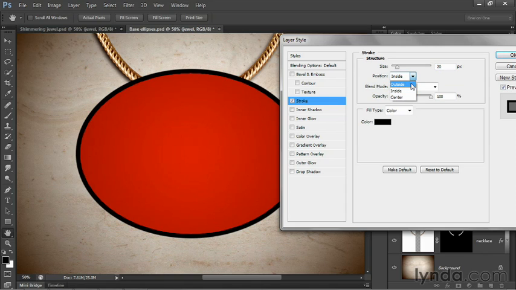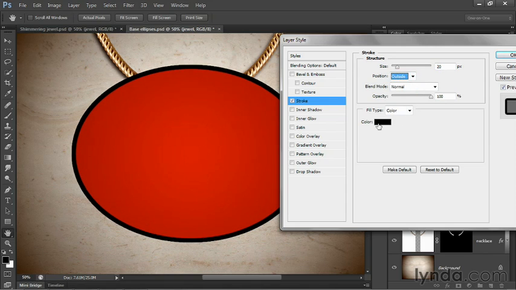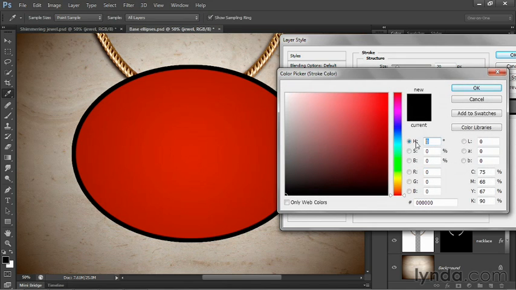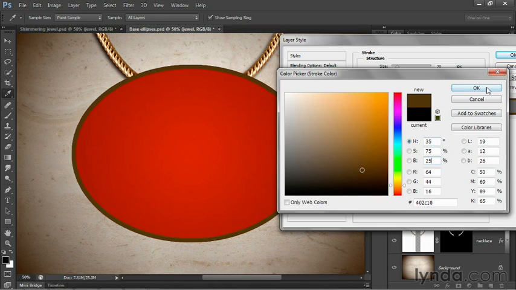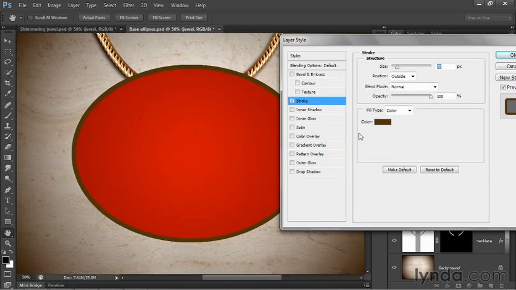We're going to send that guy outside the shape. And then I'm going to click on the color swatch and dial in a shade of brown, which is 35 degrees for the hue value, 75% for saturation, and 25% for brightness. Then click OK. Now let's add an inner shadow, and the inner shadow is going to be our big effect,